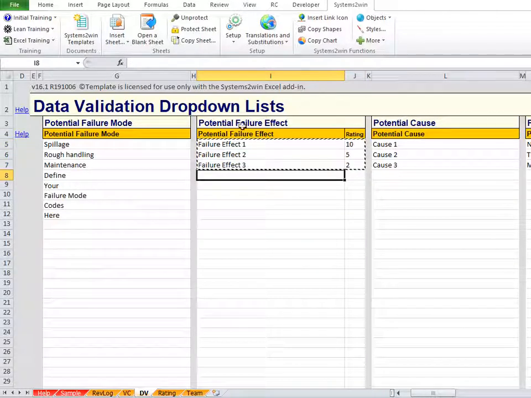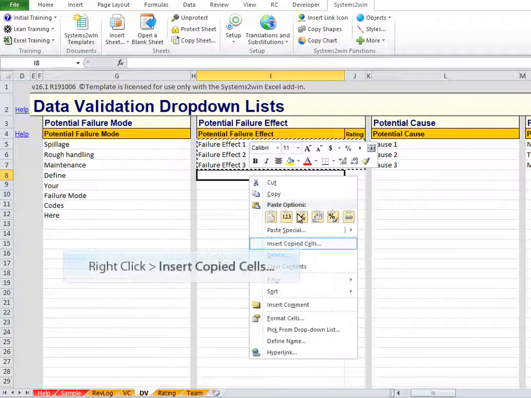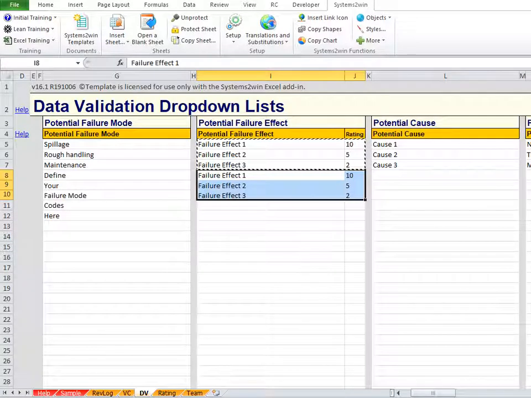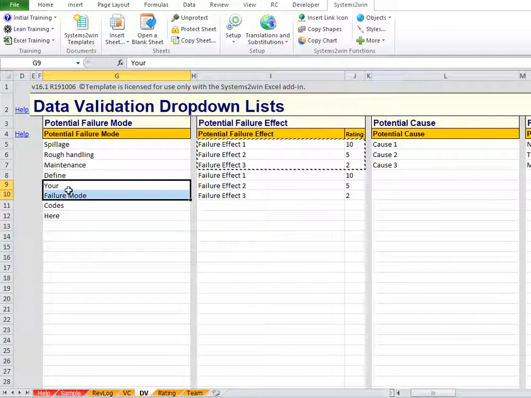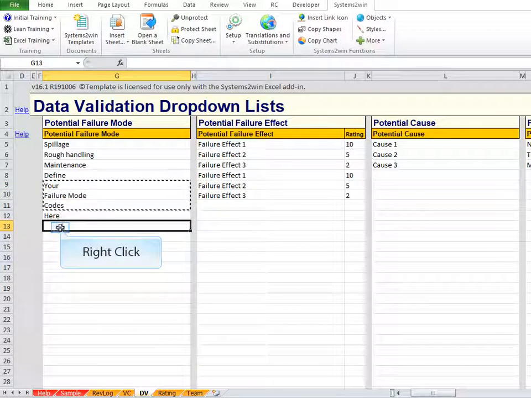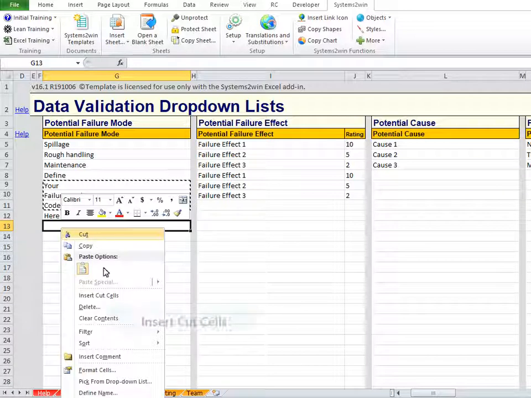Copy. Select the cell in the upper left corner of where you want to be copied to. Right-click Insert Copied Cells. It will ask if you want to shift cells to the right or down. This is what's so dangerous if there are formulas. Look out. And there you go. In this case, if we selected the entire row, it would mess up all the other drop-down lists. So we just want to make changes within this one column.